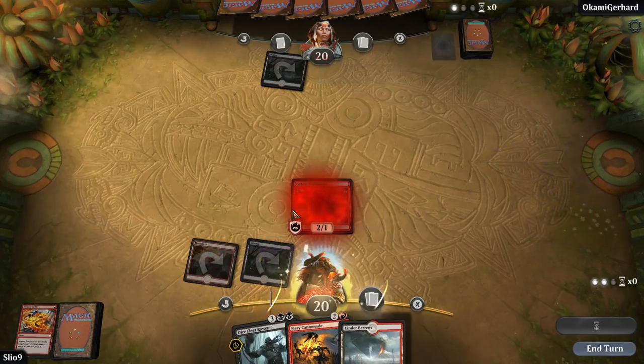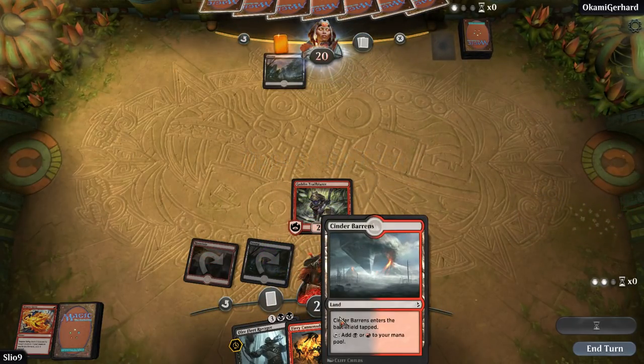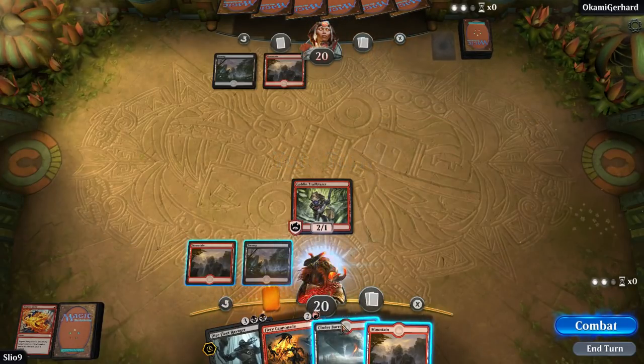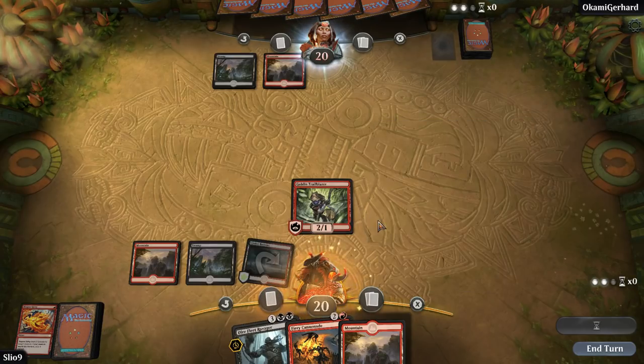Anyway, Goblin Trailblazer. You gotta block with 2 on this goblin. So, if they're pirates, though, this is gonna be... Yeah, okay. So here's the worst card in our deck. Deals 2 damage to each non-pirate creature. Let me tell you, if they're pirates, that's just not gonna do anything, ever. So...